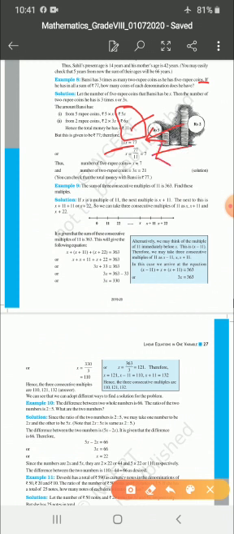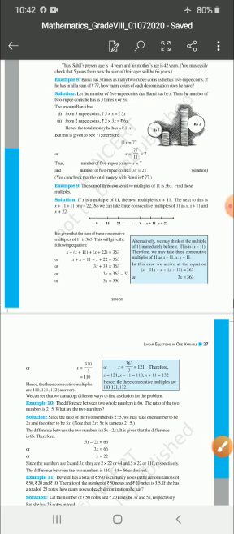Okay, when you get the x value, now substitute it to get the number of 5 rupee coins and the number of 2 rupee coins. Here I substituted in x and 3x and got the number of coins. Not in 5x and 6x, here you need to substitute in x and 3x to get the number of coins. If you want the amount only, then you substitute in 5x and 6x. Okay, next one is example 9.